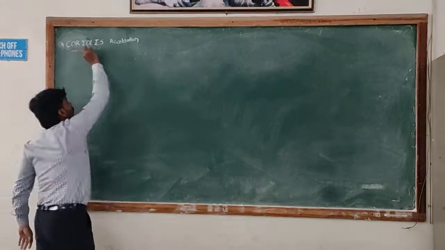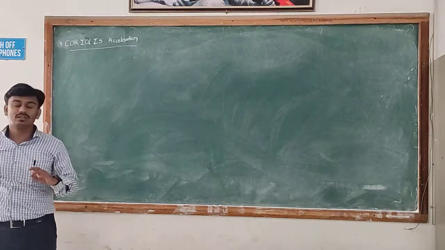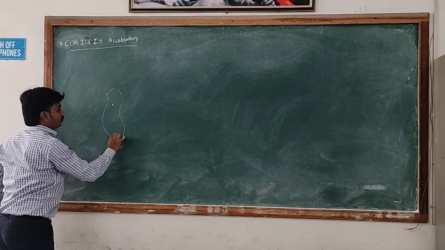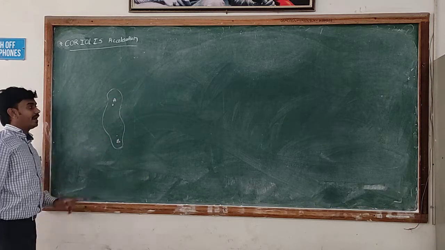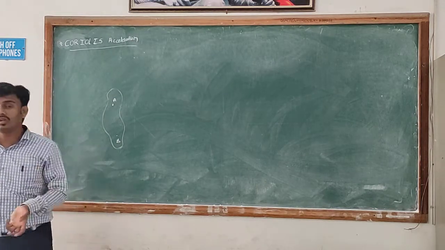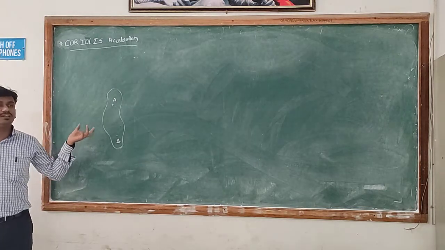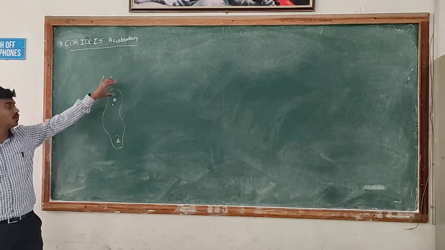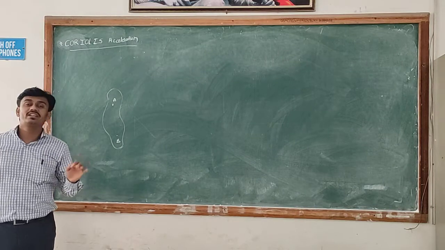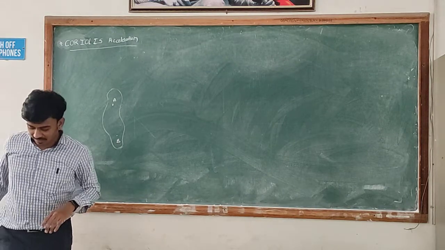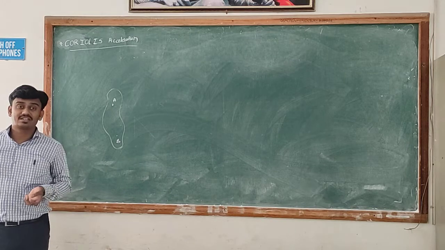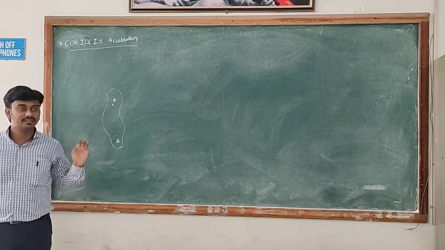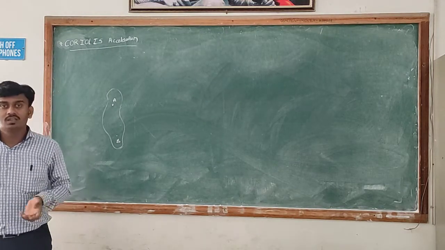As discussed earlier, if this is a link with points A and B, and this link is rotating with some angular velocity omega, then there are two types of acceleration related to these points: tangential acceleration and normal acceleration. The tangential acceleration is perpendicular to the link and the normal acceleration is along the direction of the link.